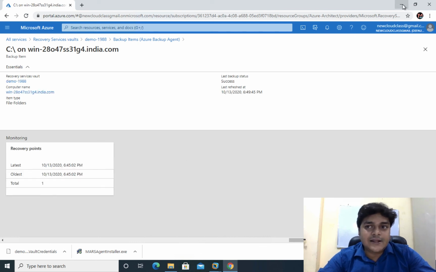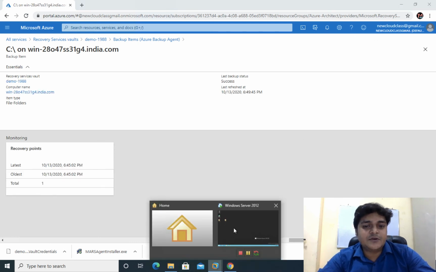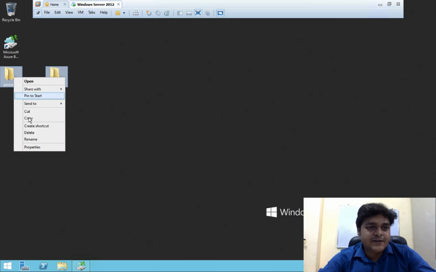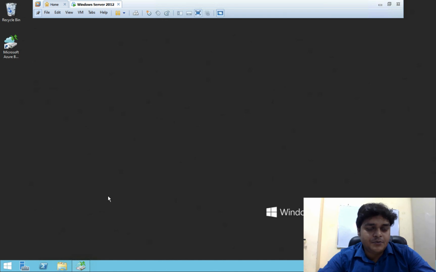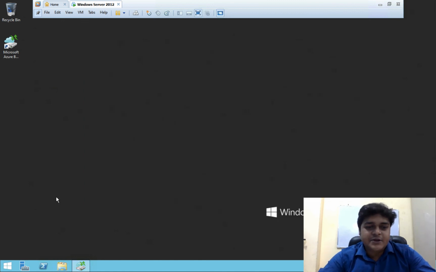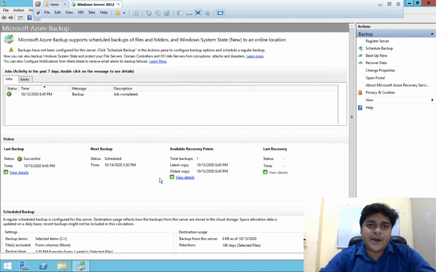Now I'm going to delete our on-premises data and try to recover it again. So this is our data. I'm going to just delete it because we have already taken the backup of those folders, and open your recycle bin and again try to delete from the recycle bin as well. Just delete here. Now we have permanently deleted our data from on-premises. So no worry, because you have already taken the backup of your file and folder to Azure. So no need to do anything.